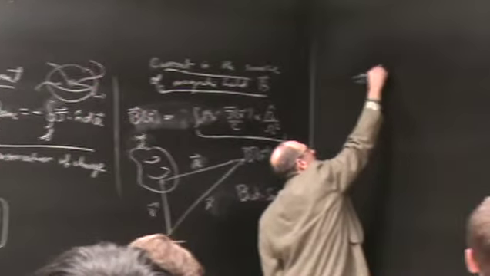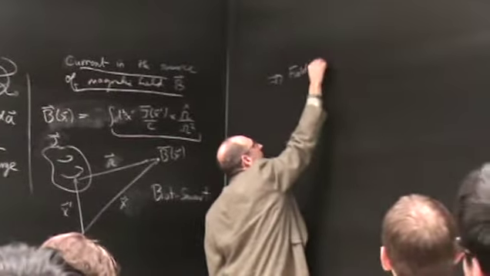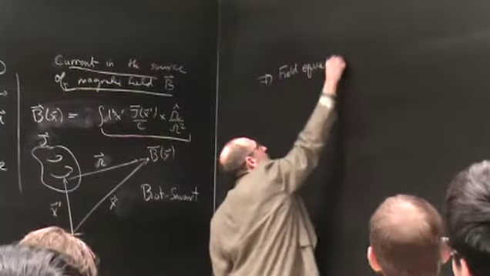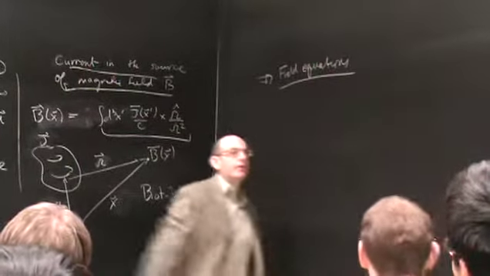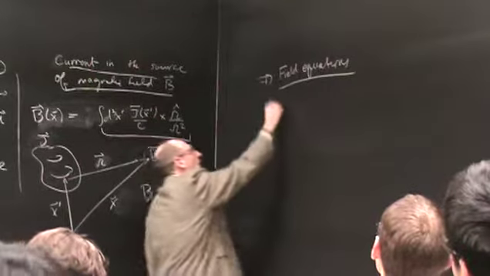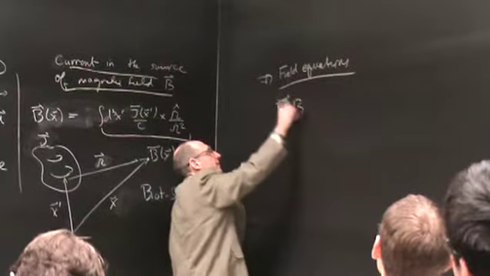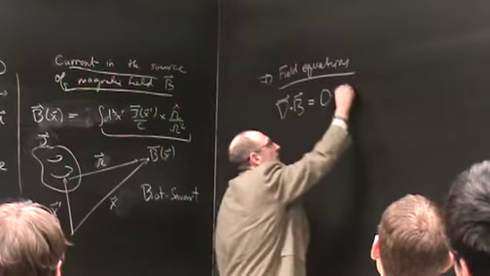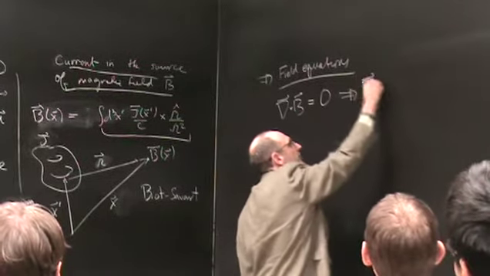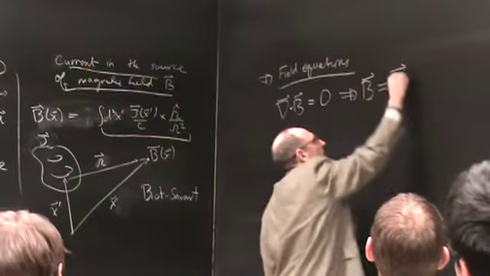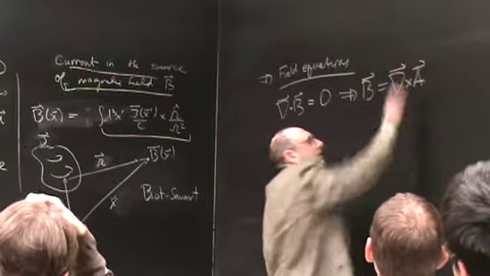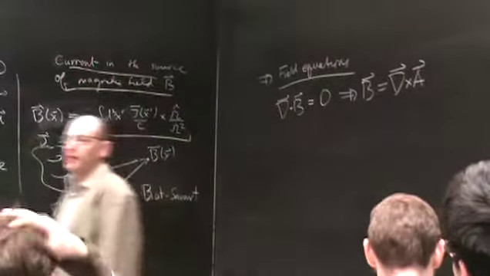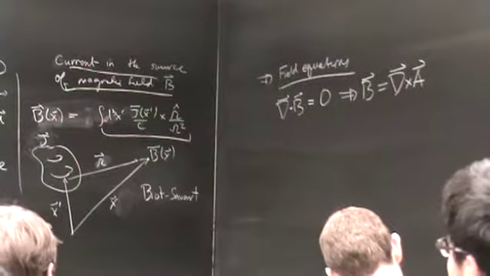And we kind of went in reverse order here and said the Biot-Savart law tells us something about, we could derive the field equations. It's really backwards. I mean, the field equations are the fundamental thing. The field equations here are del dot B is 0, which tells us that the magnetic field itself is the curl of another vector field. You remember from our first problem set,